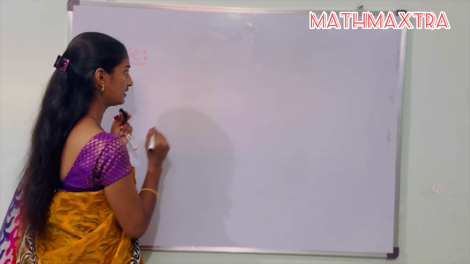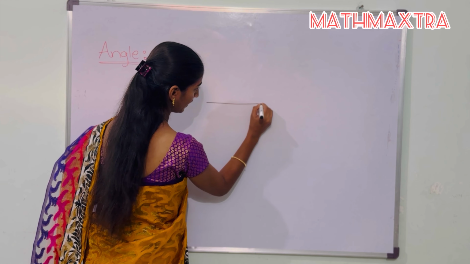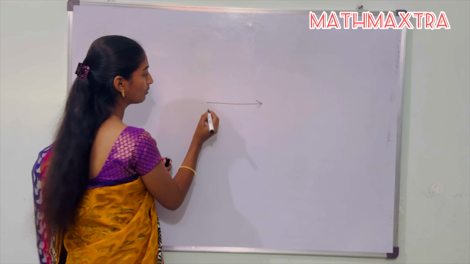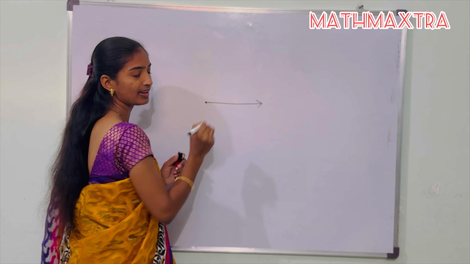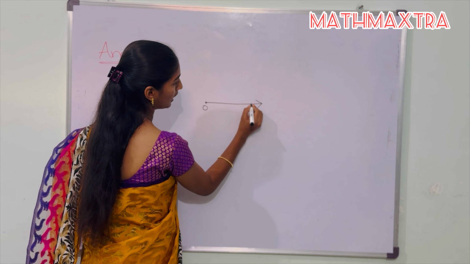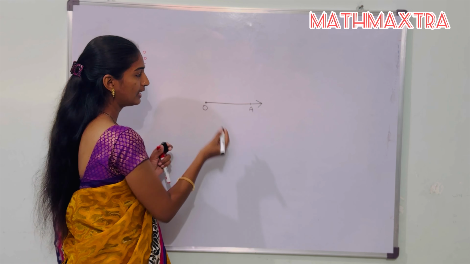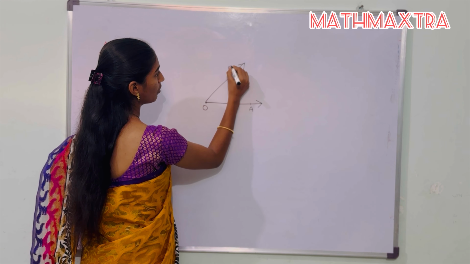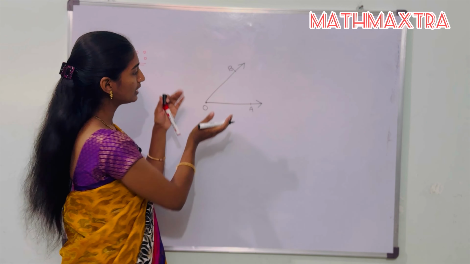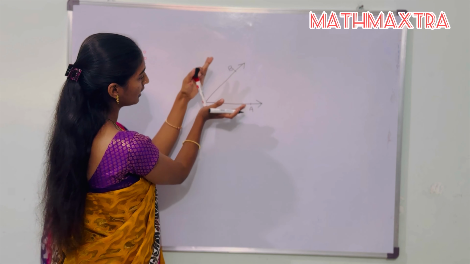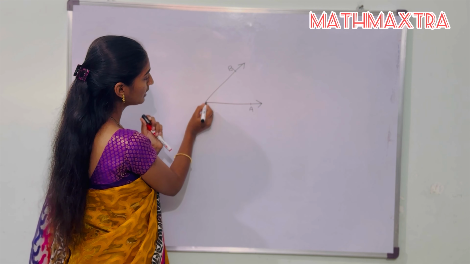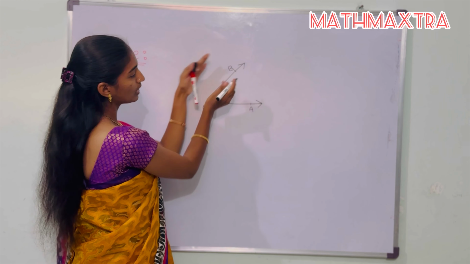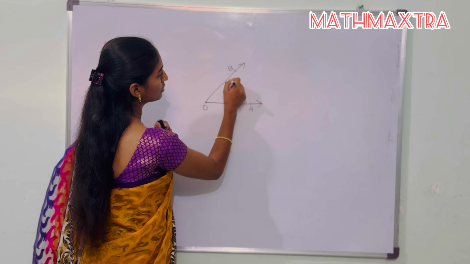See, this is one ray. A ray has one endpoint that we consider as the starting point. This is what a ray is. So this is OA ray, and this is another ray we are considering, that is OB ray. These two rays have a common point, that is O. So the union of these two rays